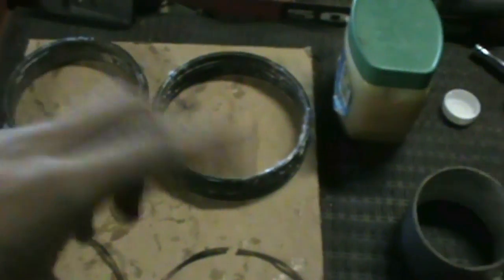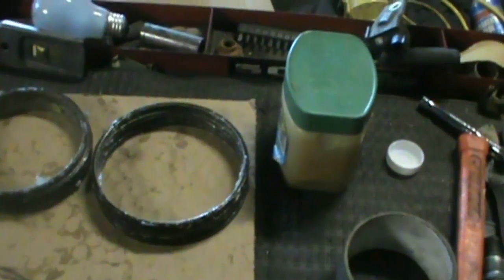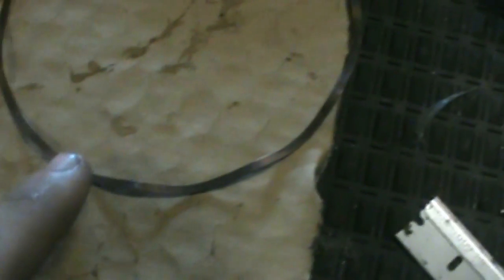Basically, when the rotor's spinning, the oil control ring drags pretty much on the iron and it wants to spin the opposite way. So these pretty much just hold them to keep the things from spinning. Anyways, when you get them brand new, they'll have paint,